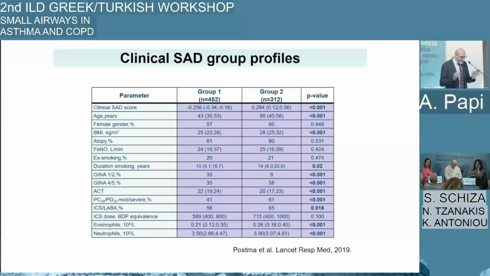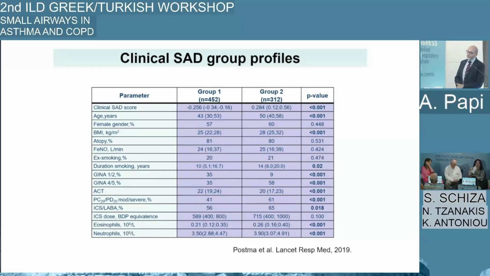We can separate two different groups in terms of degree of impairment in small airways. And we can clearly see that group 1, look at the first row, has a lower impairment of small airways compared to group 2, which is the one with the greatest